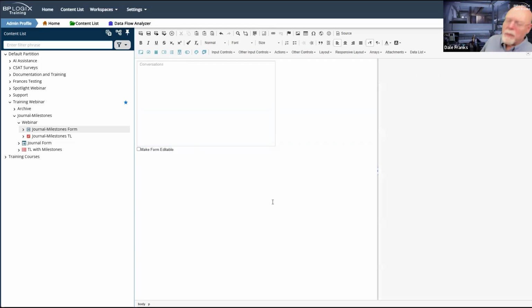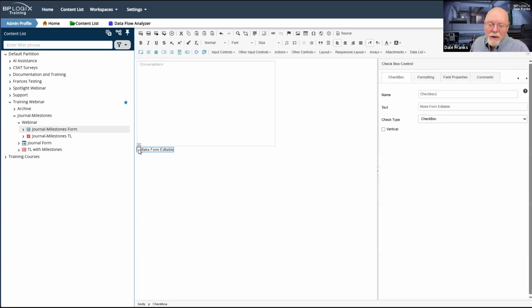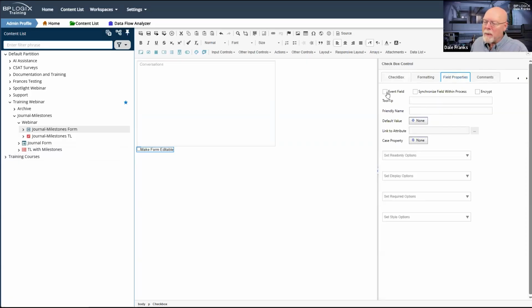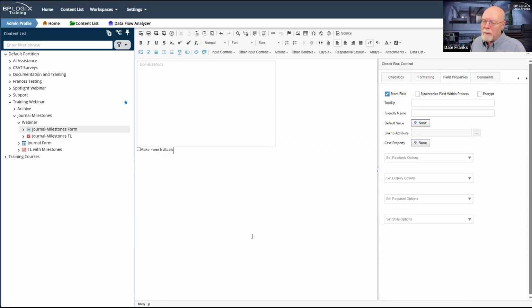So let's talk about a scenario here. And this is a scenario where a milestone is actually fairly important. I haven't configured it, but let's configure this control to create an event. So we'll go to the field properties control, and we'll go to this event, and there we go.